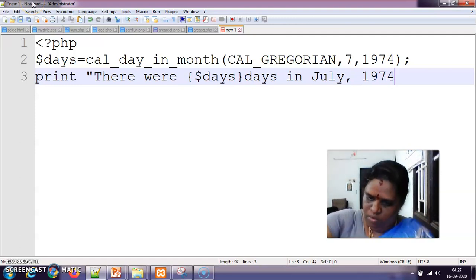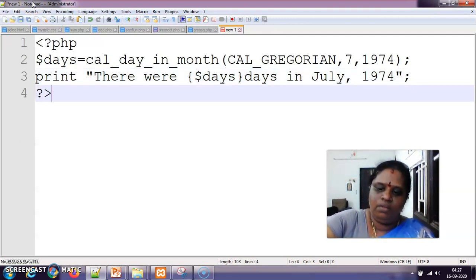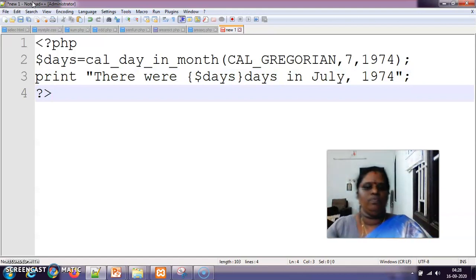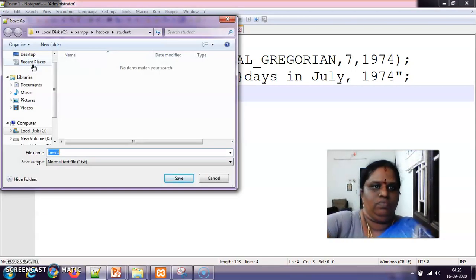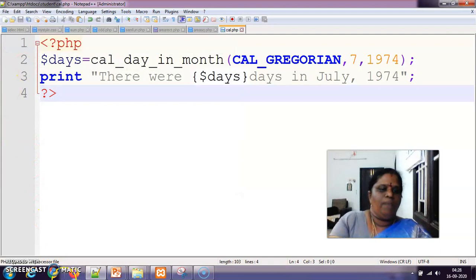We are going to close this with a semicolon. Yes. So our program typing is over. We'll see whether it's running or any other error is coming. I'm going to save this as calendar.php.